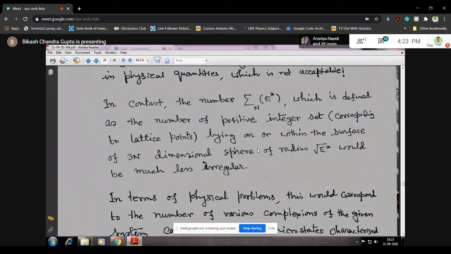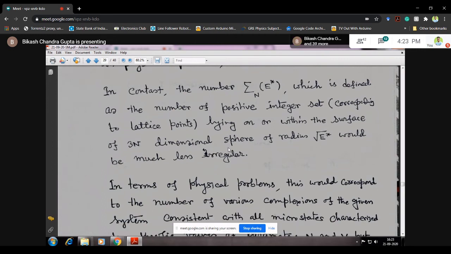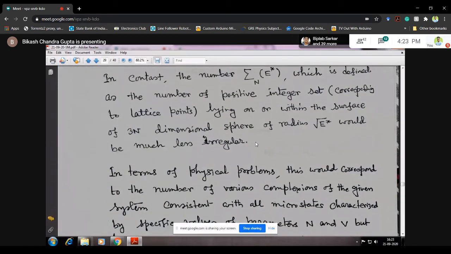শুধু আমি যদি সারফেস ধরি, মানে আমি এনার্জিটাকে কনস্ট্যান্ট করলাম, ফিক্সড এনার্জি, তাহলে আমি দেখছি যে এনার্জি ধাপে ধাপে যখন চেঞ্জ করছি, ওইগুলো খুব ফ্লাকচুয়েটিং ওয়েতে, খুব ড্রাস্টিক্যালি চেঞ্জ করছে। কিন্তু আমি যদি পুরো 0 টু স্কোয়ার রুট অফ ই স্টার বা 0 টু ই পর্যন্ত এনার্জি অ্যালাউ করি, তাহলে আমি সমস্ত অ্যালাউড মাইক্রোস্টেটগুলো নেব, অ্যান্ড দ্যাট ফাংশন উড বি মাচ লেস ইরেগুলার। ওকে, তার মানে তুমি দেখো, আমি তোমাকে একটা সিম্পল আইডিয়া দিই। সেটা হচ্ছে তোমার বাল্ক,